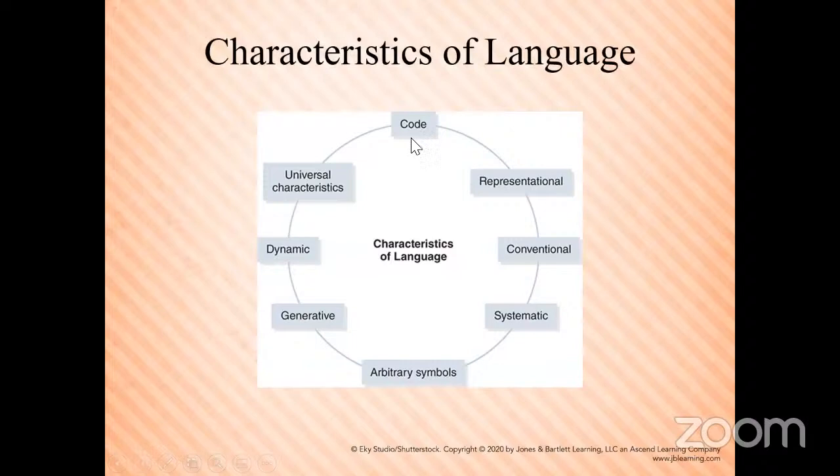The code is there. The code is the language. The language is, as we said, a code. And what does it represent? It represents ideas about the world. Words are used to represent the objects. Conventionally, it is shared by a community, and it has a systematic way. It has rules and regulations for how the code is applicable,